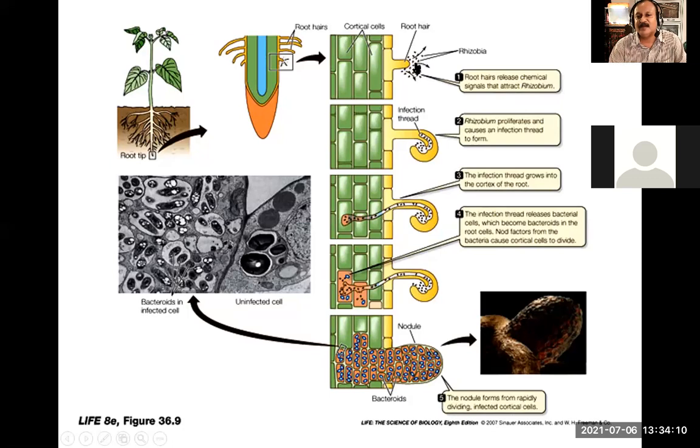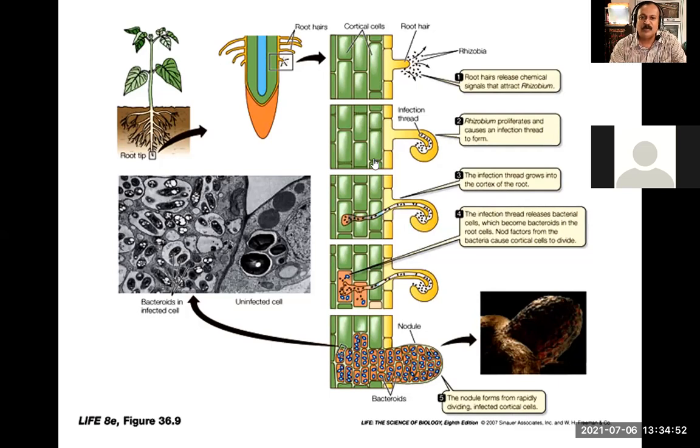Then again there should be some kind of signaling between the root and the bacteria, and because of that signaling, the root will give a welcome call. It will invite the bacteria to go inside the root hair. The initial part is the formation of the shepherd's crook. Then the bacteria invade inside, and the path of the bacteria is seen in the form of an infection thread. The infection thread is the empty space created for the invasion of the bacteria. The bacteria will go inside.